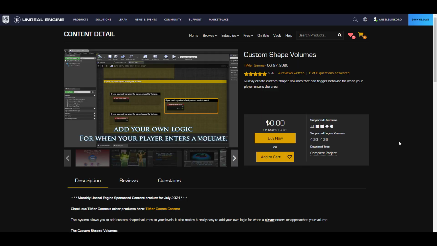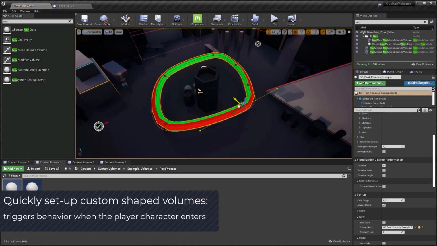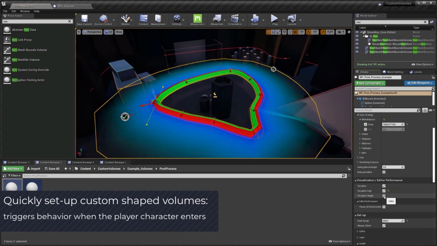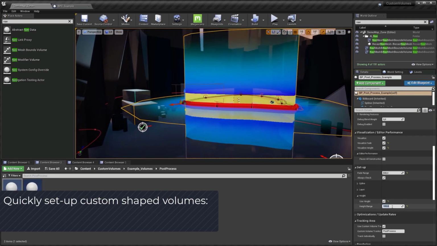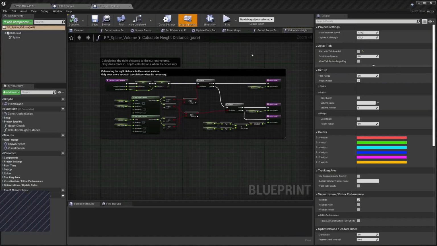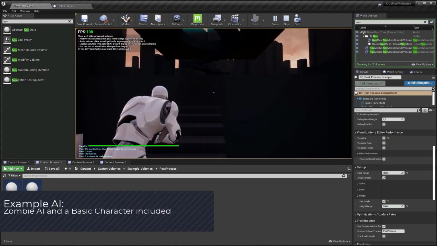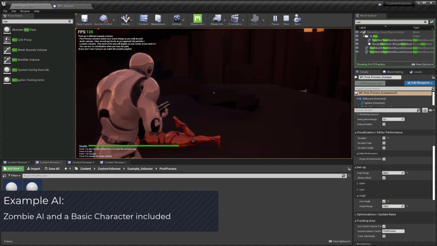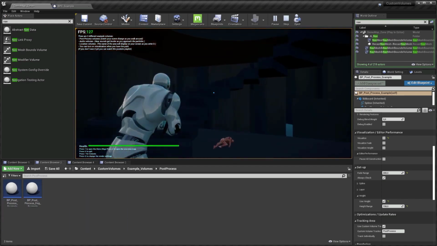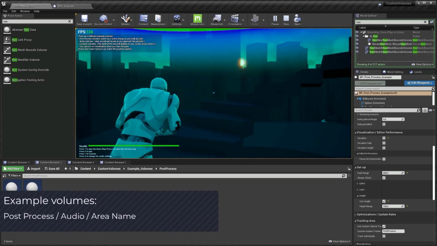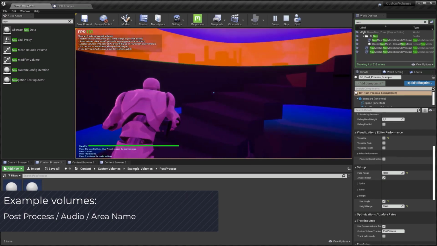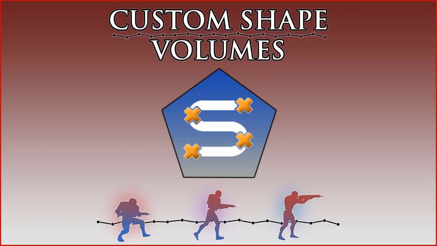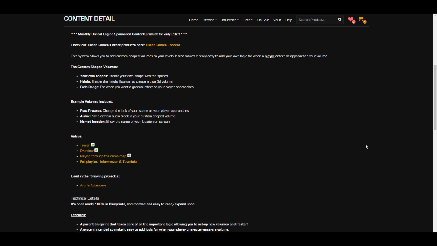Starting off, there is a custom shape volume, which is more like a quick way for you to create custom volumes that can cause triggers and also events to occur once your character approaches it. This is quite beautiful for those who are into creating triggers, or probably you would like certain actions to happen at a given time. You can now easily use the spline creator that comes with this to create your volumes, and at the same time enable the height boolean to create a true 3D volume. So for those who are into things like this, you might want to come through and check it. This is entirely based off blueprint, and for this one you'll be getting 21 blueprints which you can actually get